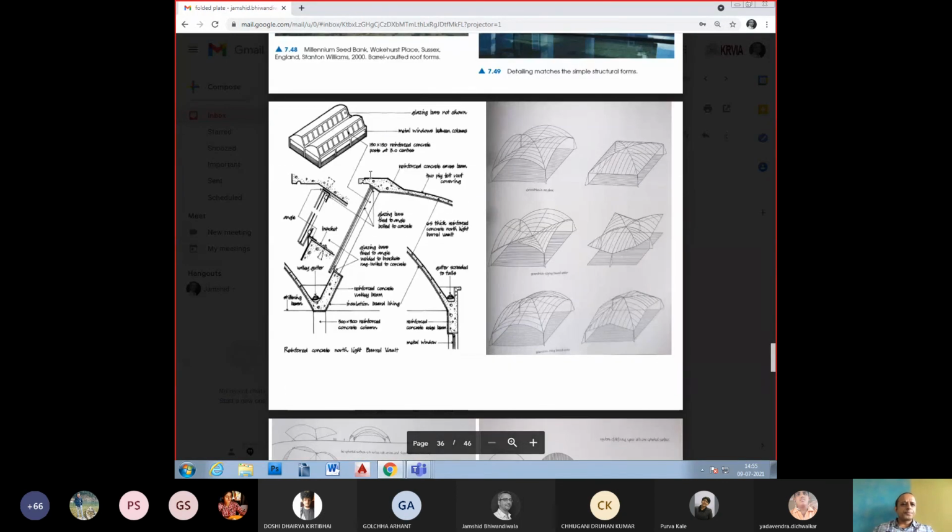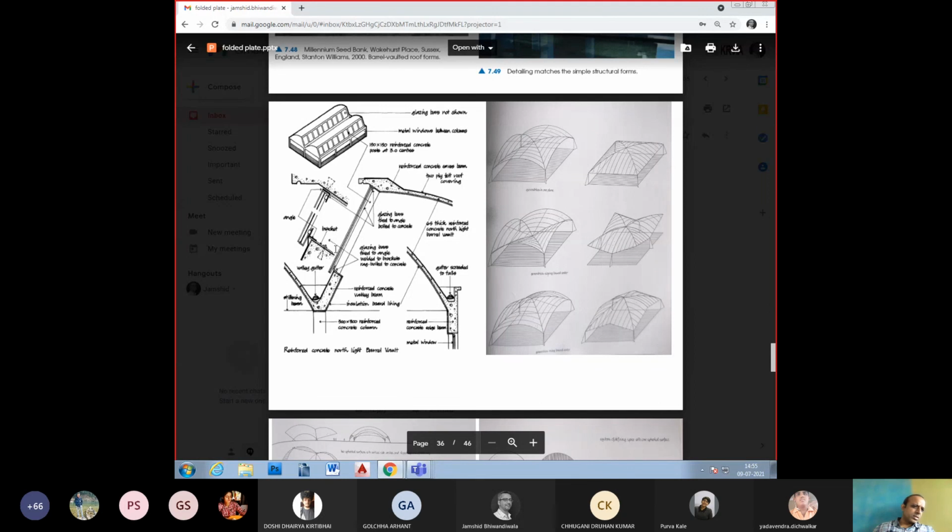The next diagram is about another of the various ways in which these shell structures can come up. Now this is a shell where you have a skylight. Since it is an incomplete shell, the barrel vault is cut and you are accommodating a skylight, north light, or north light truss. So instead of a north light truss, you have a shell with a north light incorporated within it. Look at the way the head of the north light is, and the way the valley of this north light is, where there is a gutter accommodated and the beam is deeper, so that you are able to accommodate the bottom reinforcement.